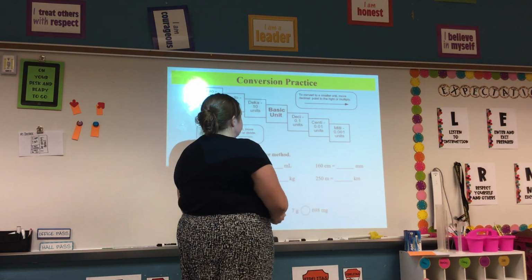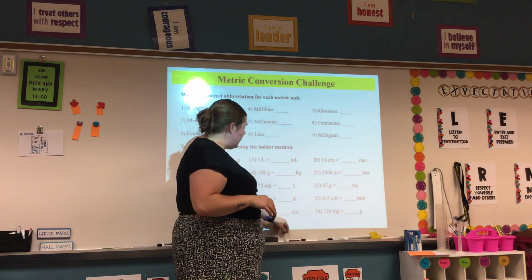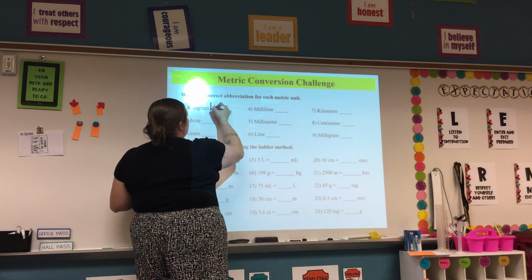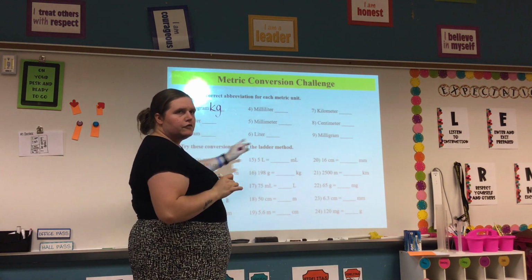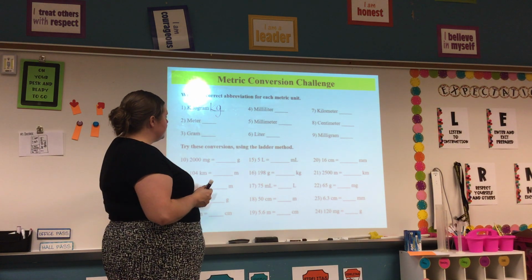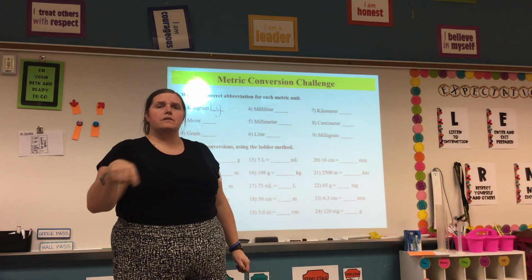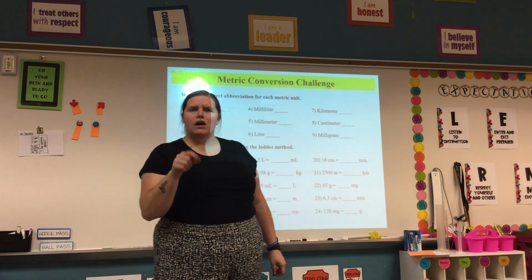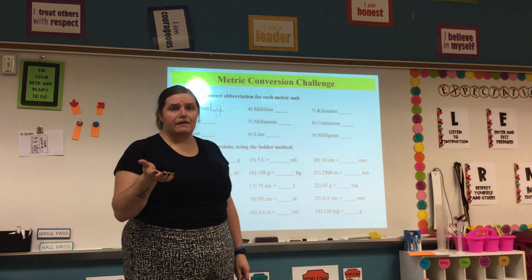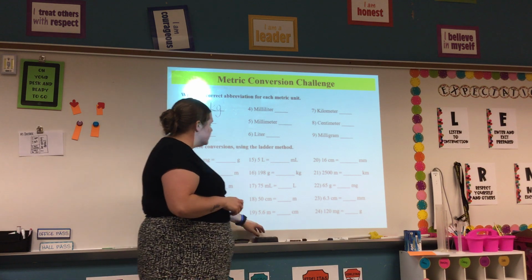So what's going to happen is on your sheet at these top parts, you're putting the abbreviations. For instance, on this one it says kilogram. I abbreviate kilogram with a lowercase kg. So you're going to go through and do those. And then you're going to do these different conversions here, all right? And show your work when you do them. Just like I used the decimal, moved it, you do it too. So if you get it wrong and you're not sure, you can see what you did and go back and fix your error, which is okay to have, all right? So you're going to go through and do all of those conversions, and do the abbreviations for each of those,